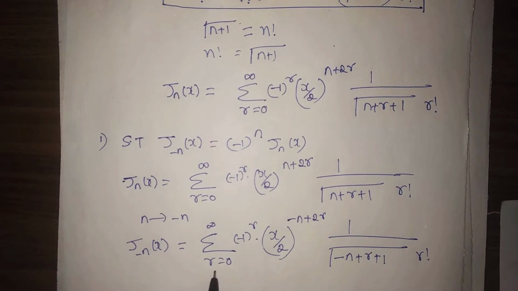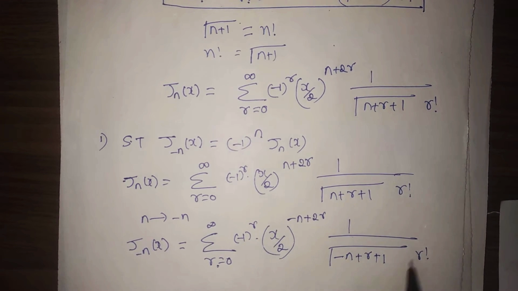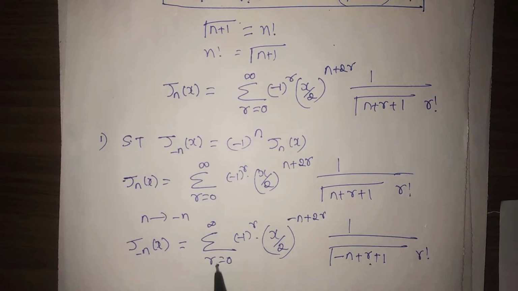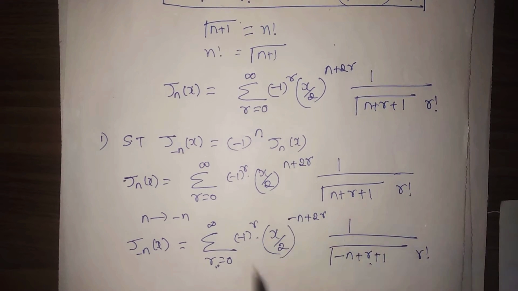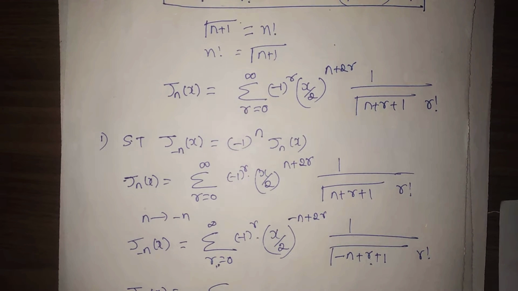Because the summation is for r, I will rearrange this gamma function in such a way that it is in terms of r. So J of minus n of x is equal to summation r varies from 0 to infinity, minus 1